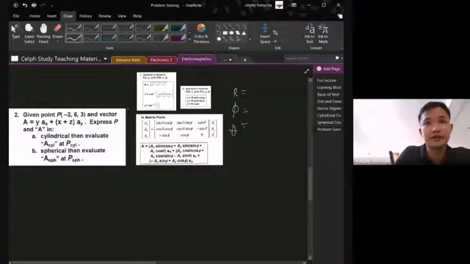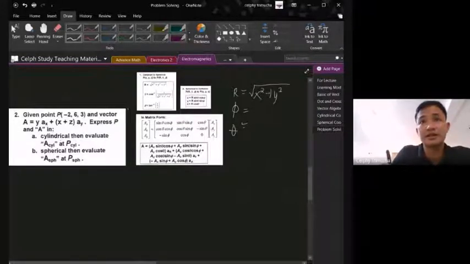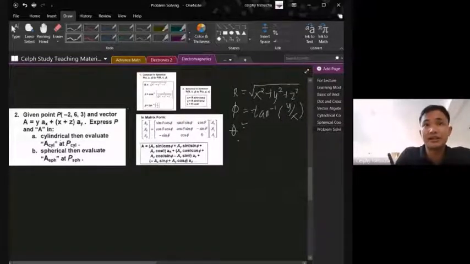Okay, so for the formulas, R is equal to the 3D nga resultant. So we will have square root of x squared plus y squared plus z squared. Next, for your phi, this is still equal to arctan, same lang na sa cylindrical nga value. This is y all over x. And then, ang imong theta will be equal to